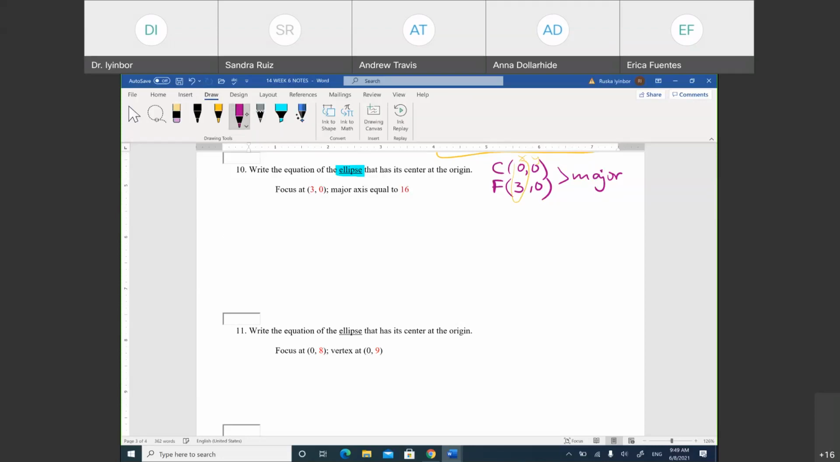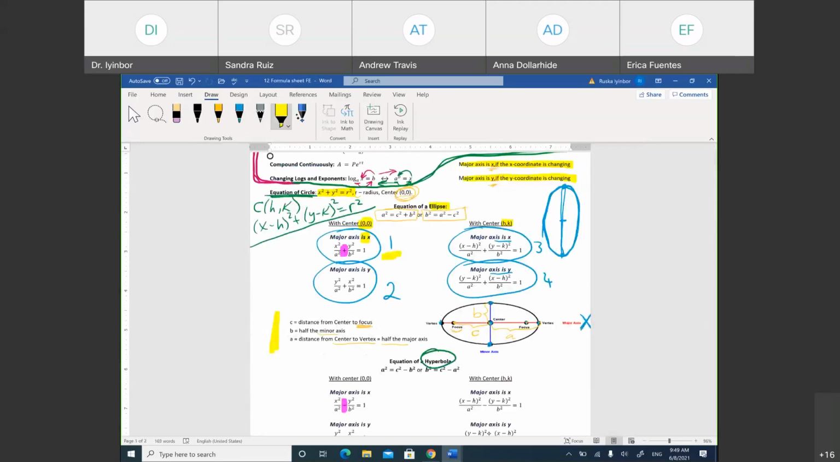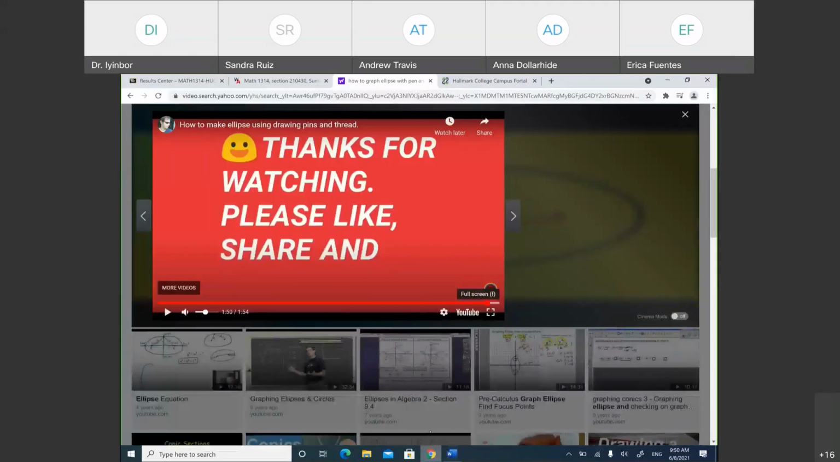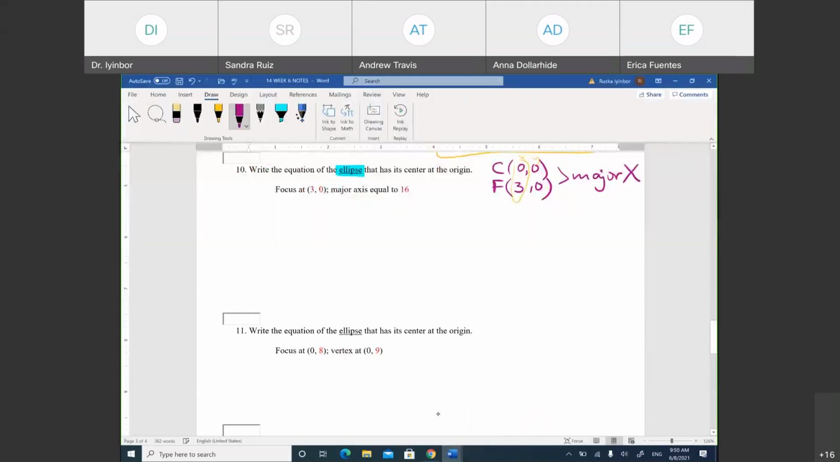Center 0, 0. So which formula are you going to use? Center 0, 0, major axis x. Formula 1 again, that's right. So I'm going to write the equation I'm going to get. My equation is going to be x squared over a squared plus y squared over b squared equals 1. This is how my answer is going to look. Now I need to find a and b. So let's see what is given. We are given the focus